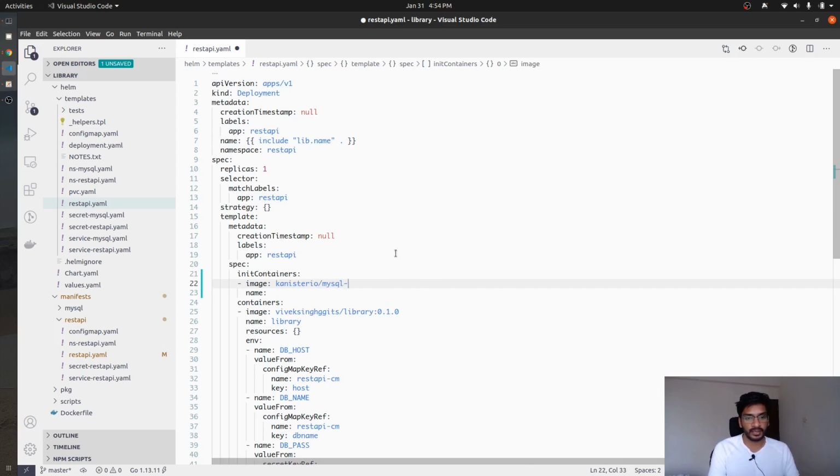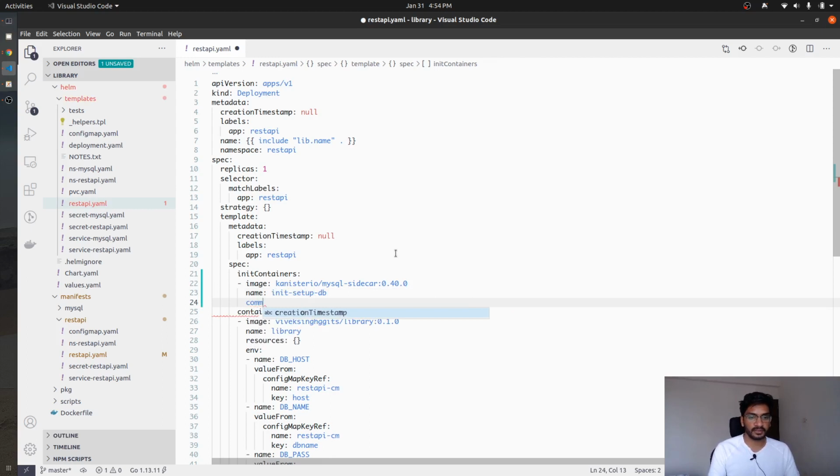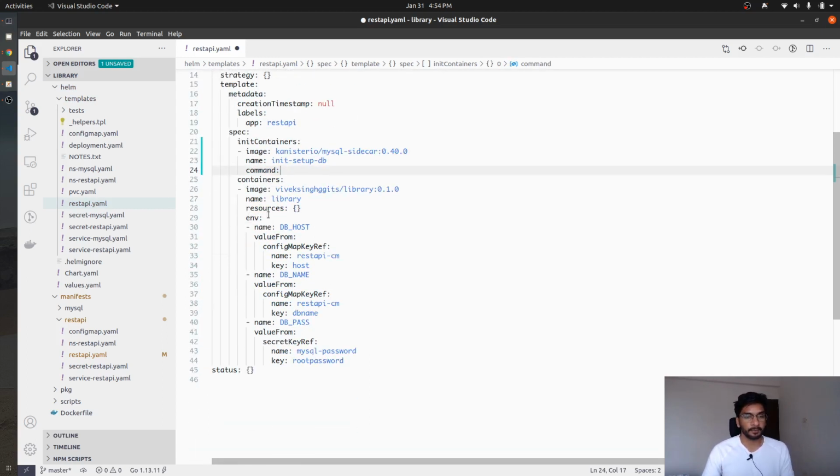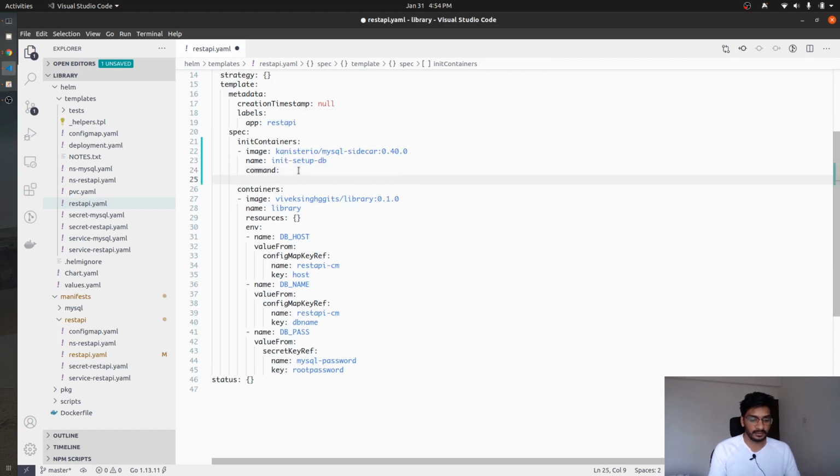And fortunately, I know one such image, right? And name of this is going to be init setup db, and we are going to specify the command that we want to run. Again, as I said, you can do almost everything in the same way that we do for containers. So we can specify